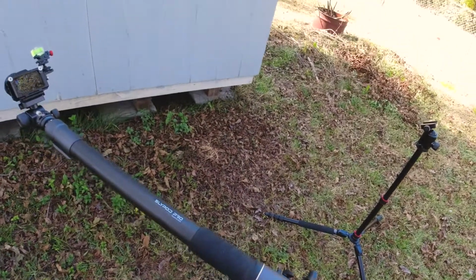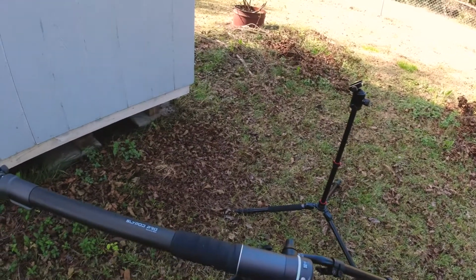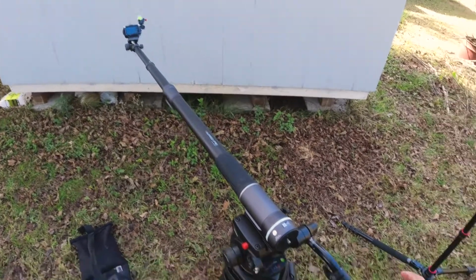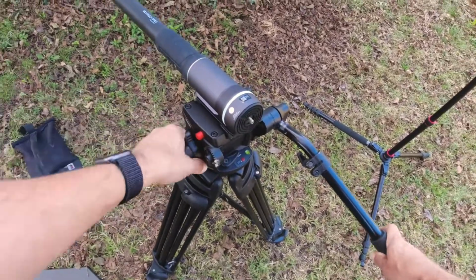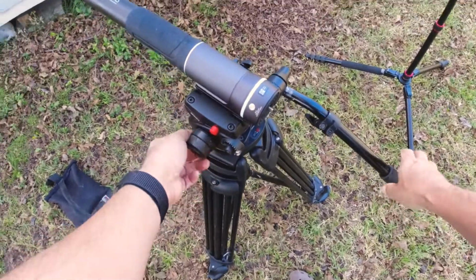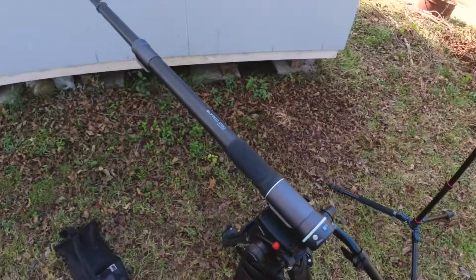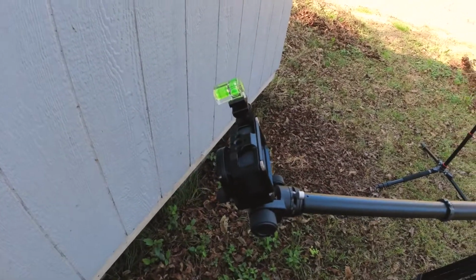Okay, so the head is locked. It's holding up pretty well unextended. So here we go out. Oh, and it's tilting against that lock. And that's not much weight, that's just an action cam. So you really are going to want to tighten that down. But yeah, your range is limited by physics and gravity,